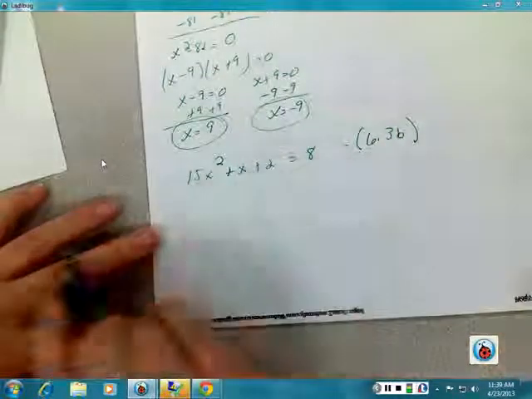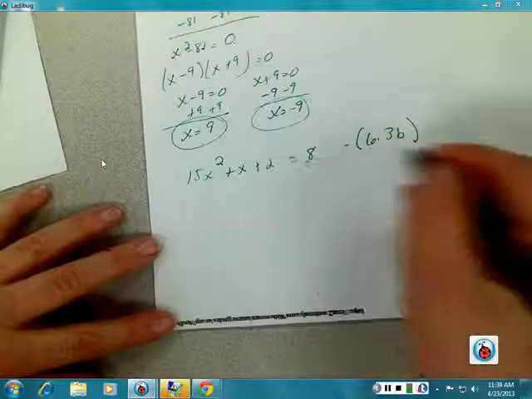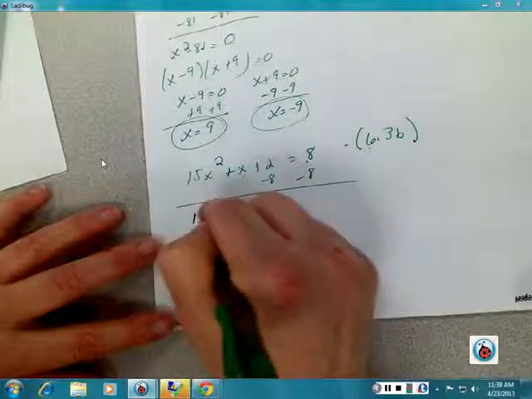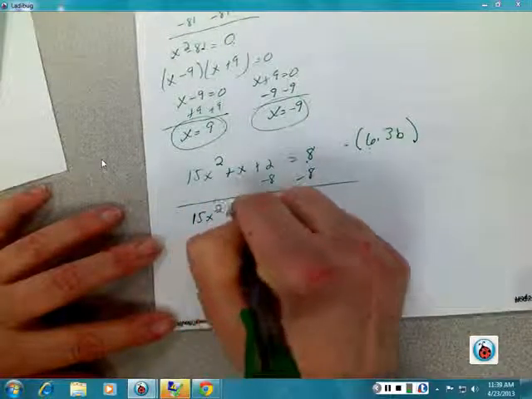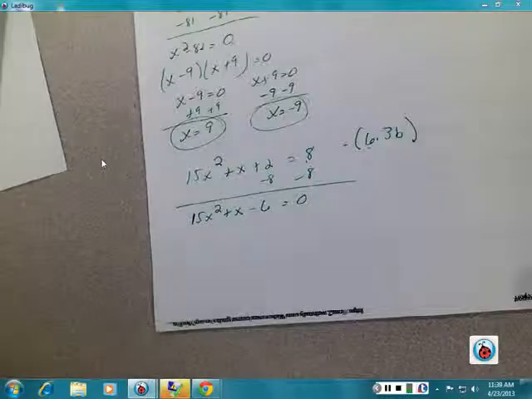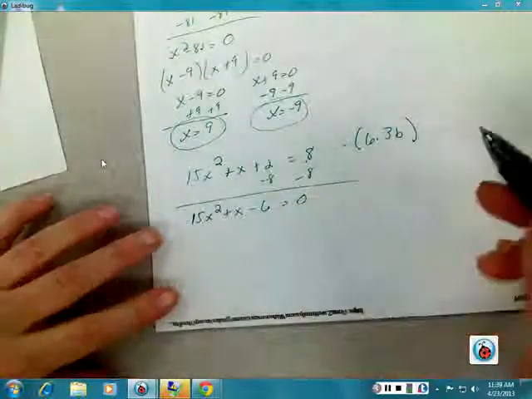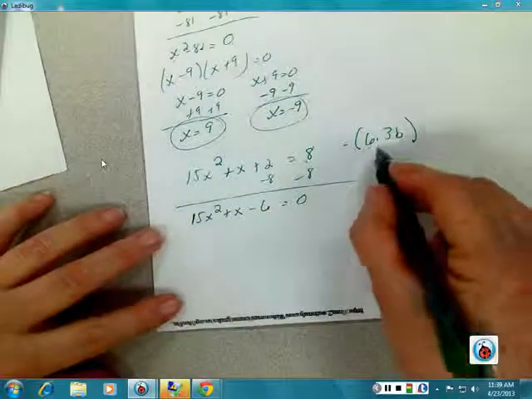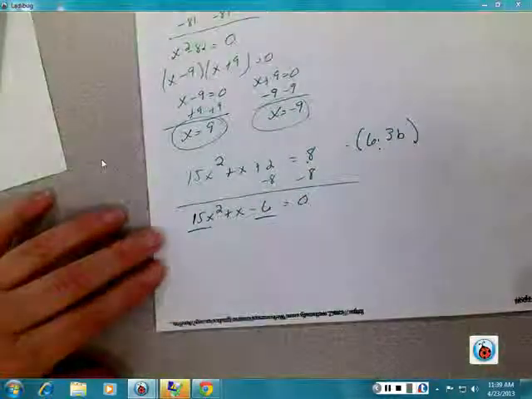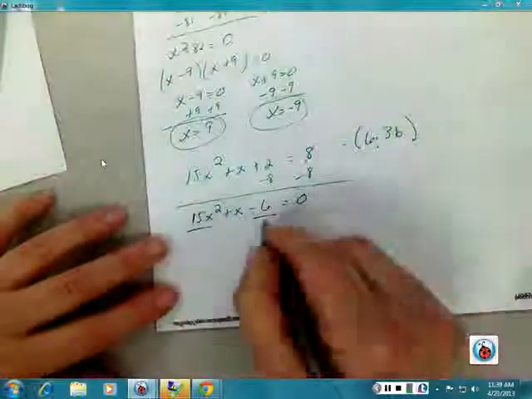That process is where you take your first term times your last term. But this isn't set equal to 0, so I first have to do that. So I'm going to minus 8 from each side. So it gives me 15x squared plus x minus 6 is equal to 0. So then what I need to do with this problem is, following my 6.3b method, take the first term times the last term,